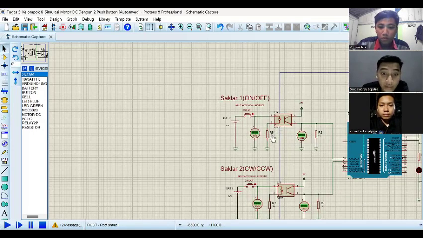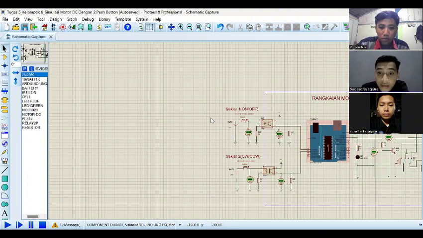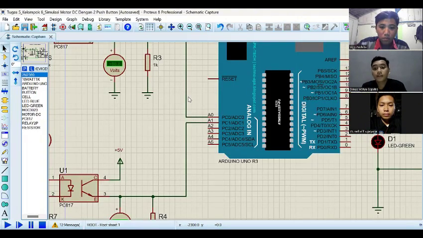And the emitter of the optocoupler is connected to pin A0, which has a resistor of 1000.